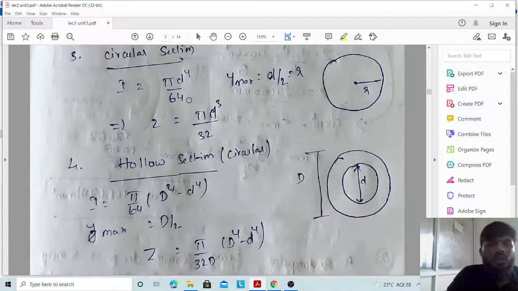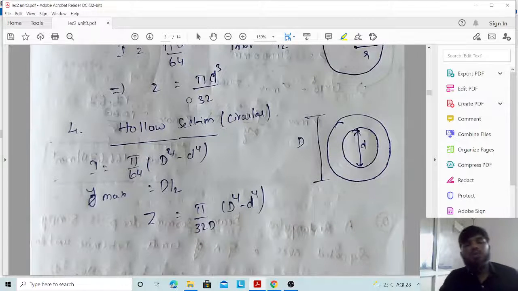What section modulus is, we discussed in the last class. Using this, from these values you have to calculate the I value, then y max will be known from the CG to the outermost flange or outermost surface. Either they will give you the stress or they will give the moment of resistance. If they give the moment of resistance, they will ask you to find the stress. If they give the stress, you have to identify the moment of resistance, which is nothing but M. In this way we are going to solve this section.